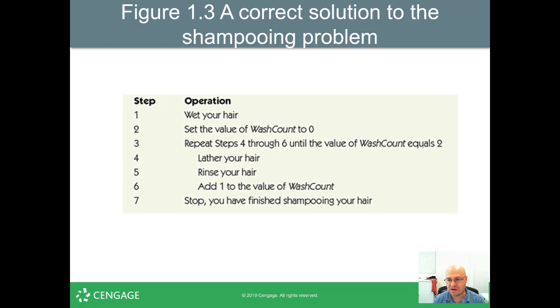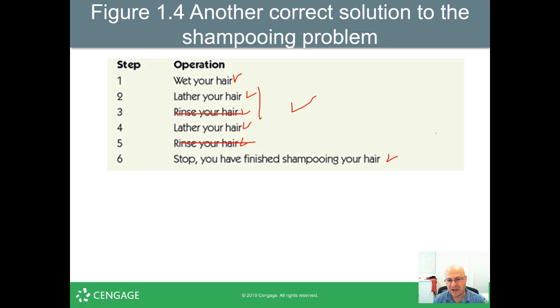If you want just once, you just change this counter or this loop to stop when it's 1. If you want to wash your hair 100 times, you just change one number to 100 times. In this case here, if you want to wash your hair 100 times, wash, lather, rinse, you're going to have